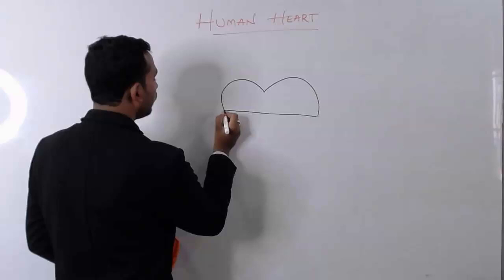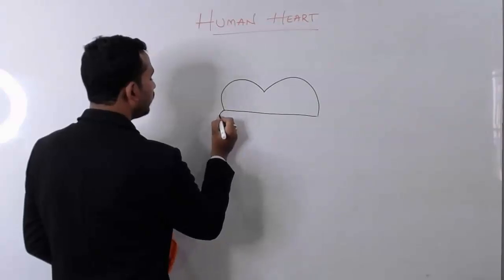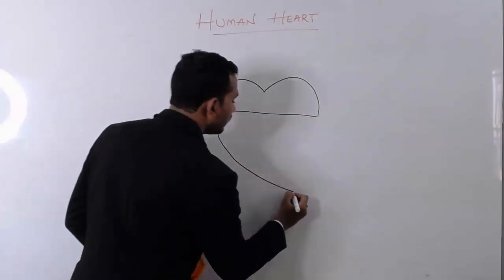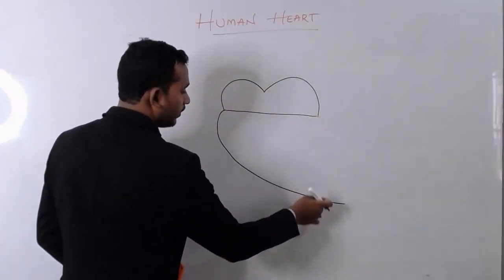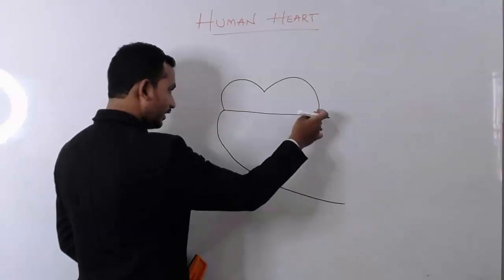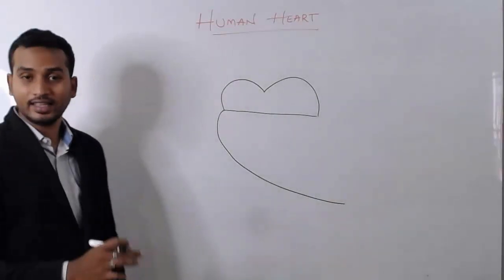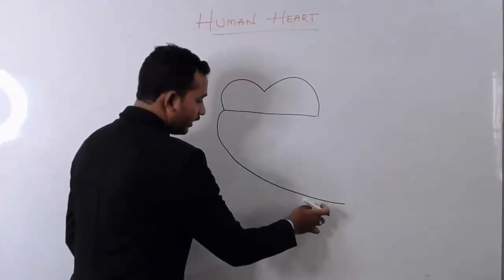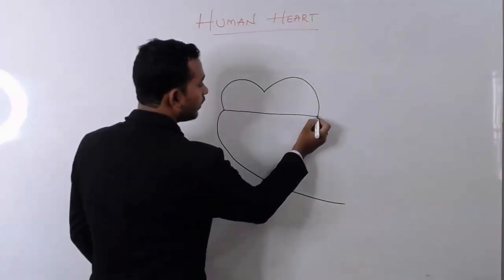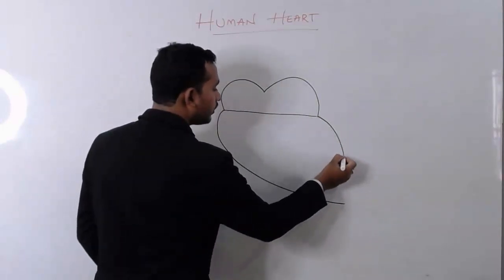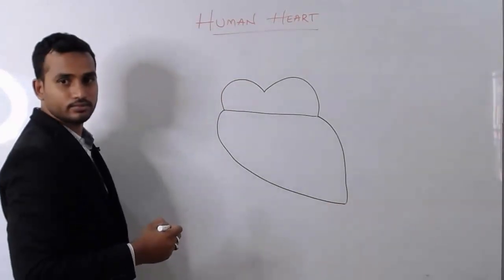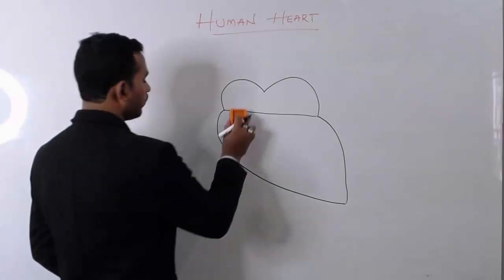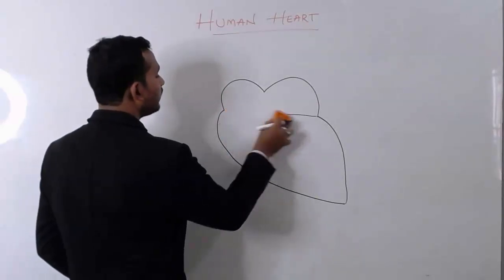Then next what you can do, from this end towards the left side. See, this is the straight line. देखो बेटा, ये आकर आपकी straight line है, ठीक है. ये straight line से थोड़ा बाहर जाना है. Then again just take this bulge kind of thing, join it here. Is this clear? Now after this, erase this line.